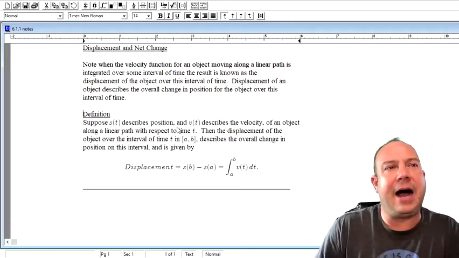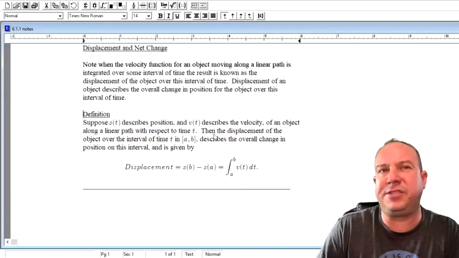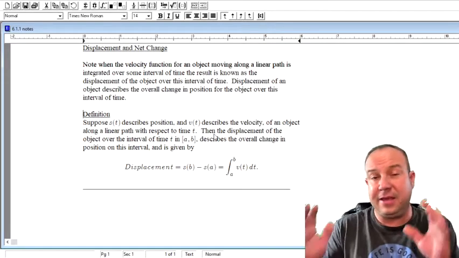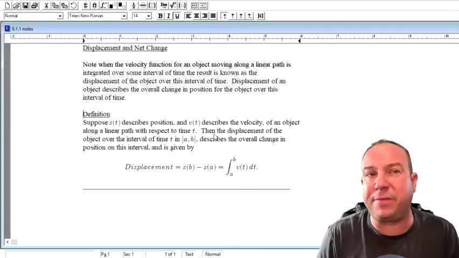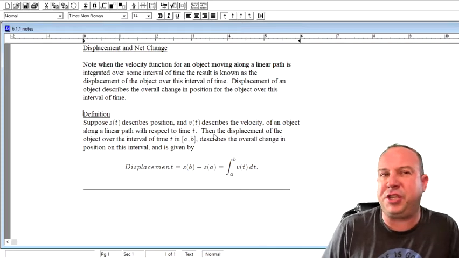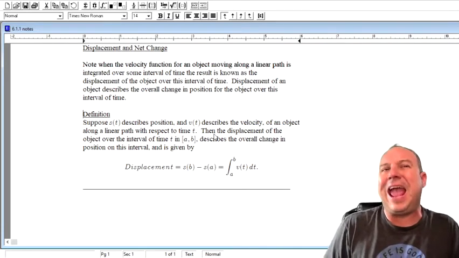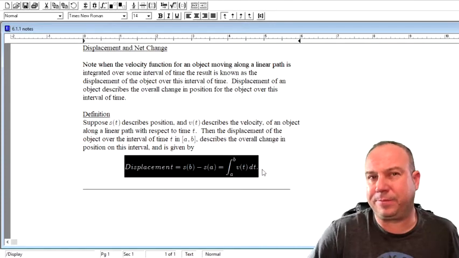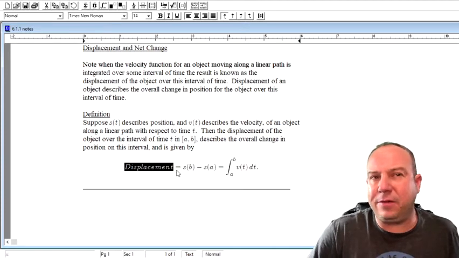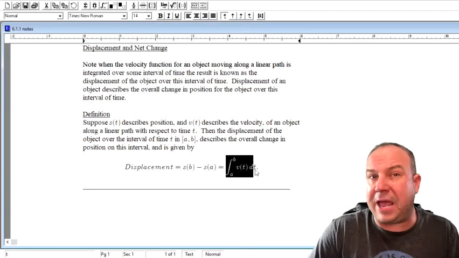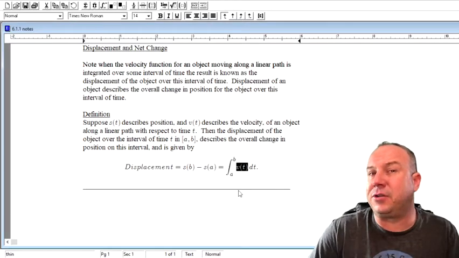If we go with those assumptions, then the displacement of the object over that interval of time t, from A to B, describes what we call the overall change in position on this interval and is given by the following calculation. The value for displacement is the integral from A to B of our velocity function with respect to